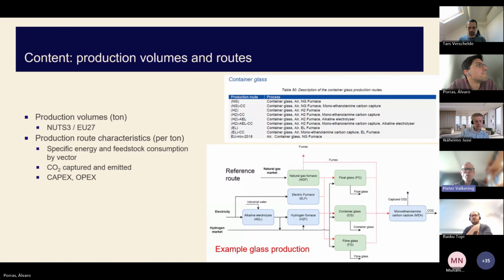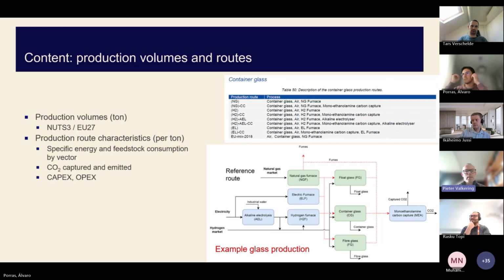there are sort of 2 main aspects to bear in mind. So on the one hand, it's about production volumes. So that means the locations and the volumes where these commodities are being produced. For example, where steel sites are located, and where the chemical plants and clusters are located, and so on.